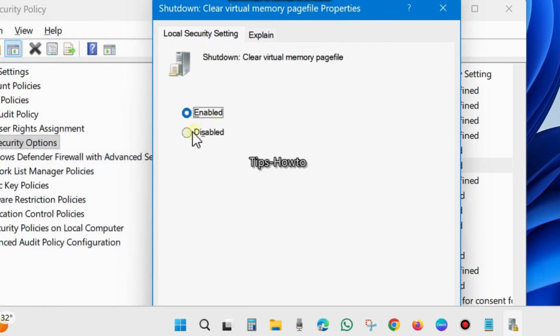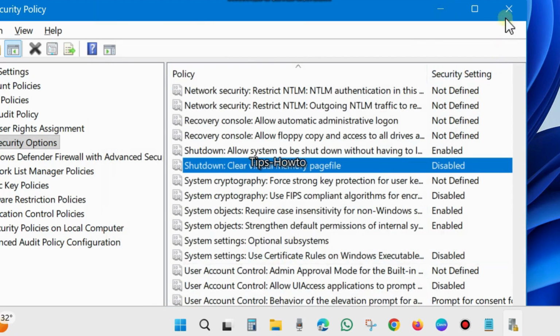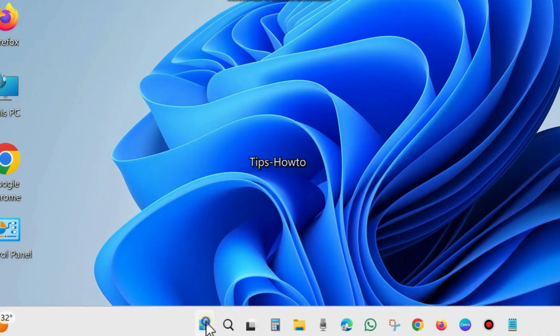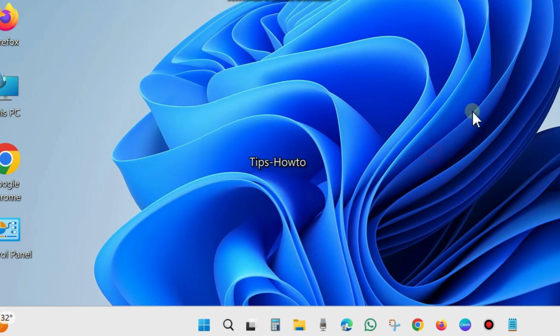Double click on it to open its properties. In the Shutdown: Clear virtual memory page file properties, select the option Disabled, and finally click on Apply and OK to save the changes. Don't forget to restart your system. Once restarted, your shutdown process will automatically